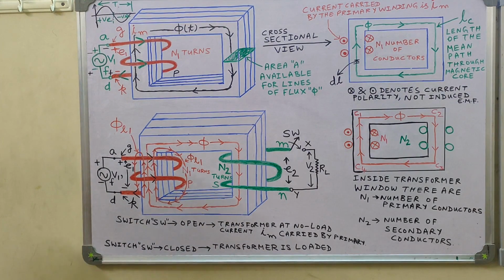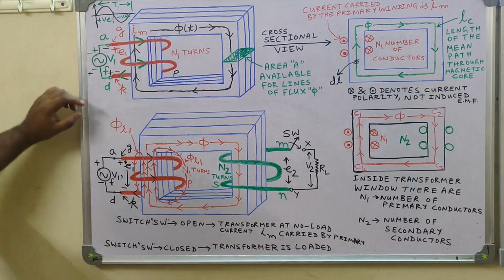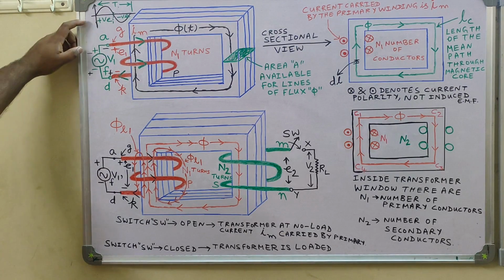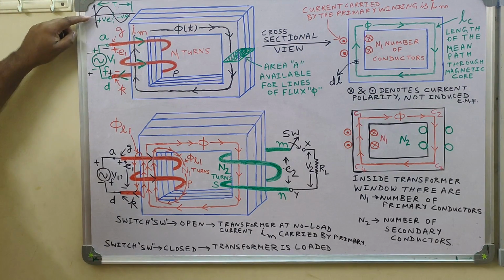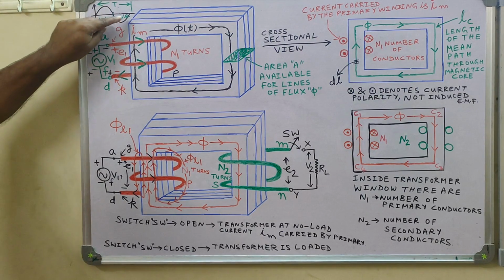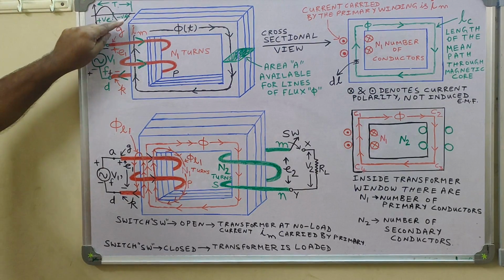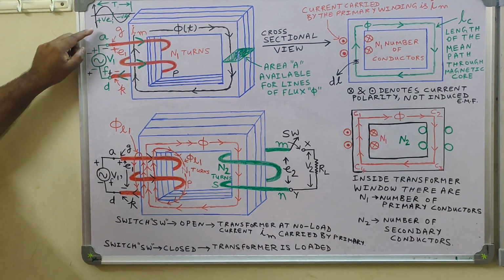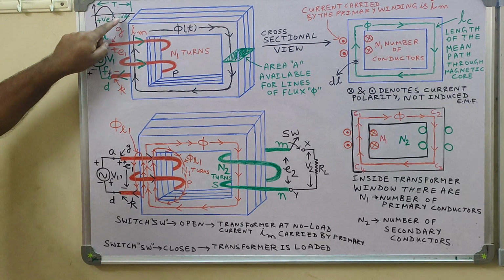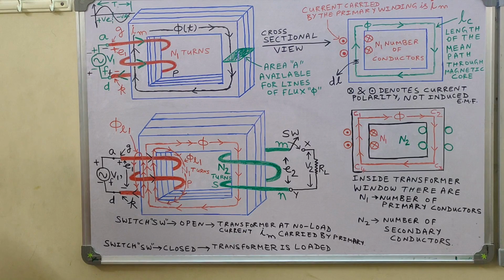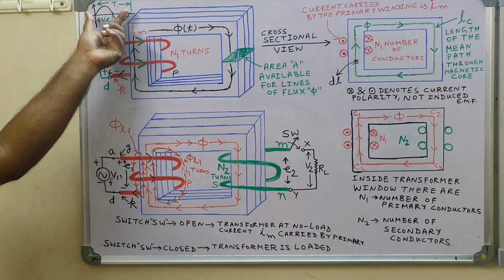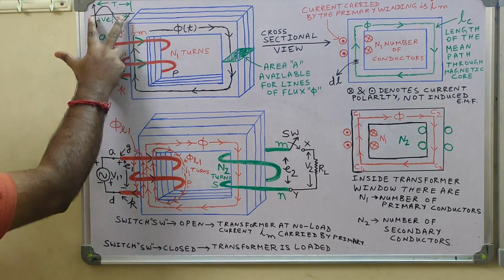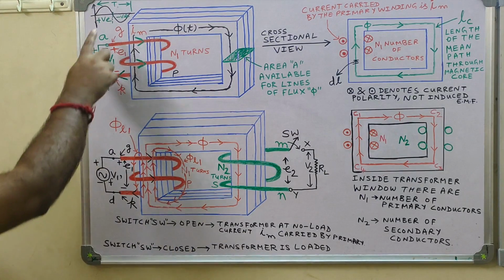Okay. So now let us do one more familiarization: this alternating voltage source V1 is indicated here by this small sinusoidal signal. This small sinusoidal signal will have two half cycles, one positive half cycle and another negative half cycle. The positive half cycle and negative half cycle taken together is known as one time period T, and this time period T is nothing but the reciprocal of frequency, that means T equals 1 by F.